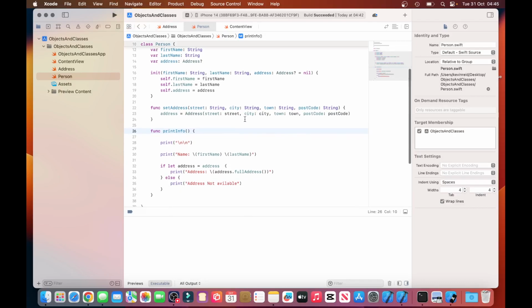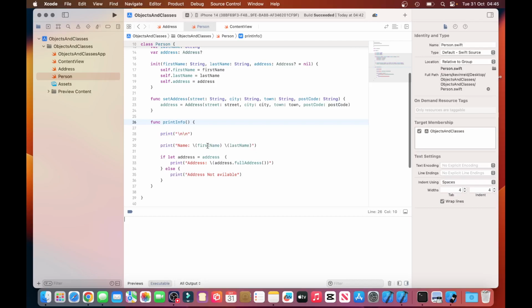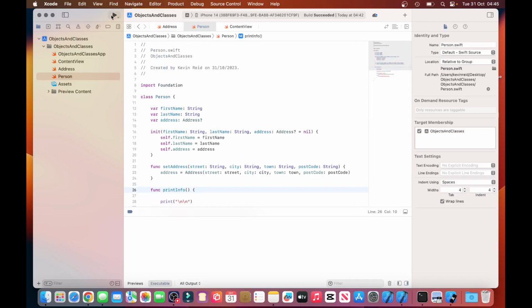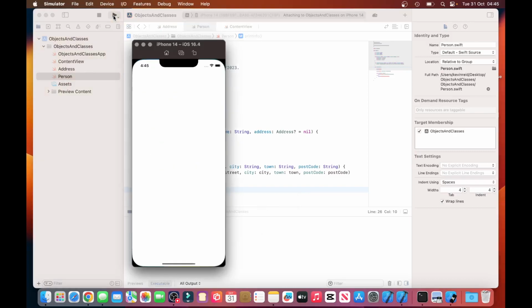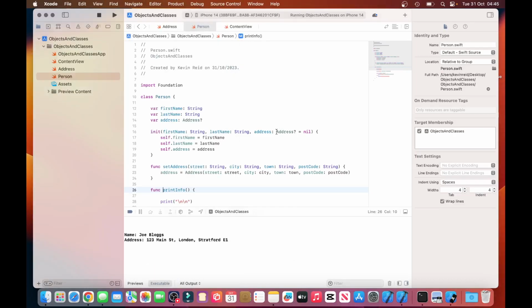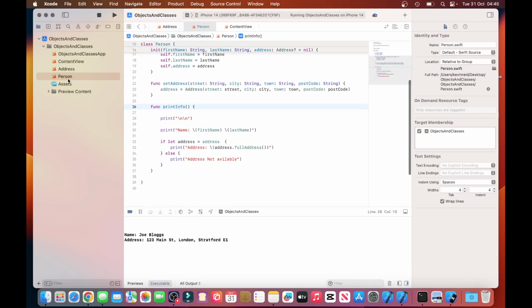So when we run it, we should see the name of the person there, the first name and the last name, and their address. And there it is. See, the name is Joe Blogs, the address is 123 Main Street,